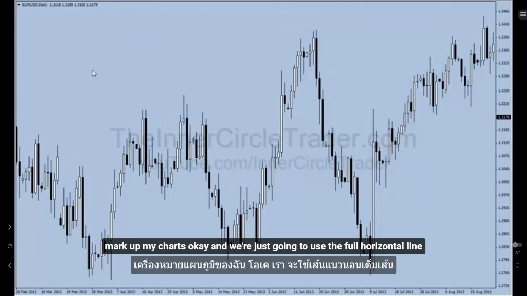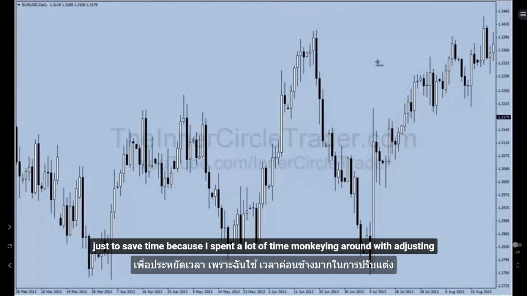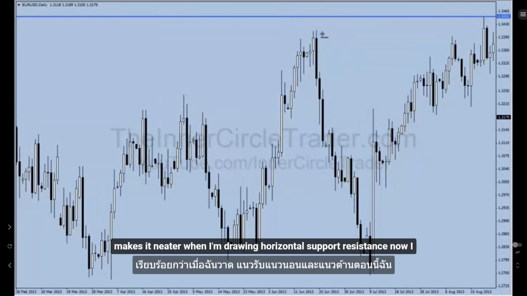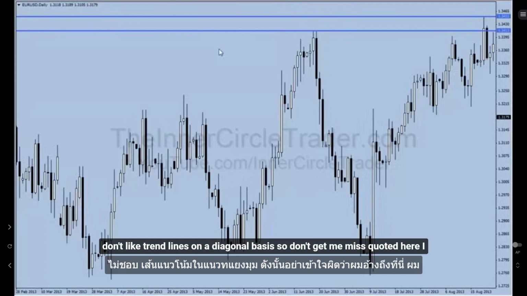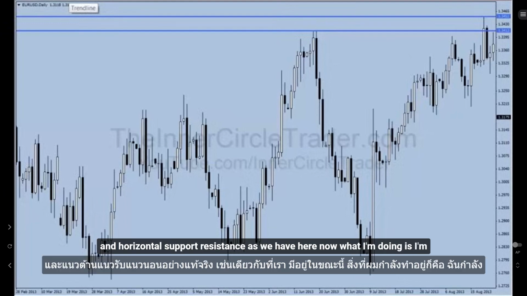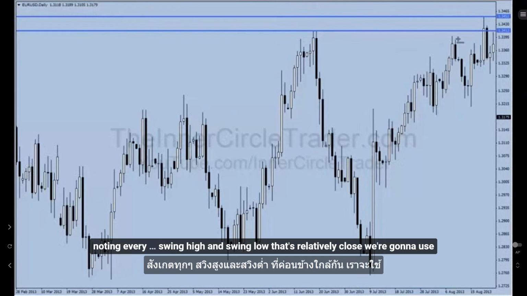Okay, and we're just going to use the full horizontal line just to save time, because I spent a lot of time monkeying around with adjusting the right end of a trend line. Now I do like the trend lines because it makes it neater when I'm drawing horizontal support resistance. Now I don't like trend lines on a diagonal basis, so don't get me misquoted here. I do not have faith in diagonal support resistance, but I do have absolute faith in horizontal support resistance as we have here. Now what I'm doing is I'm noting every